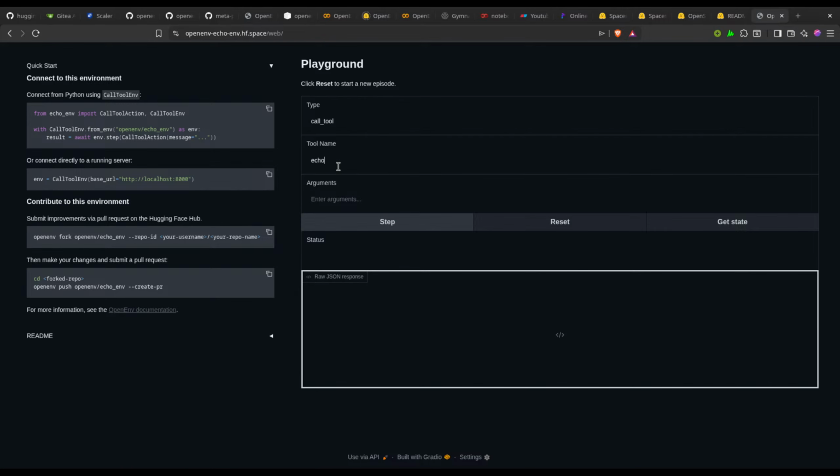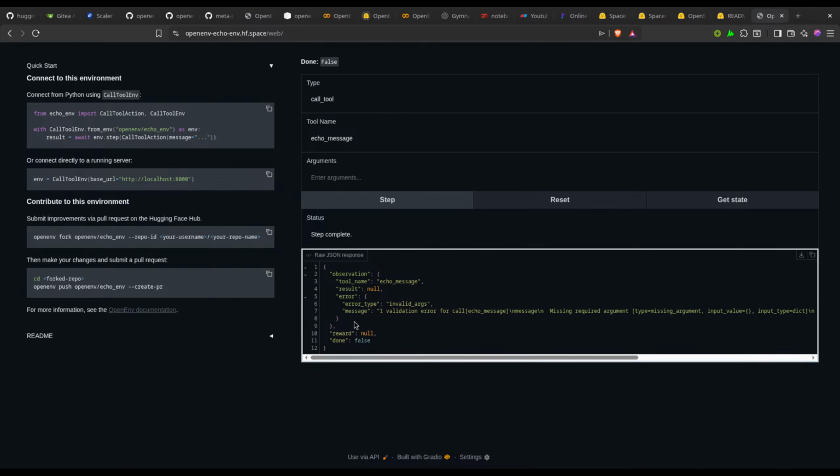The tool was echo message and invalid type. We are getting an error, but it was inside this now.